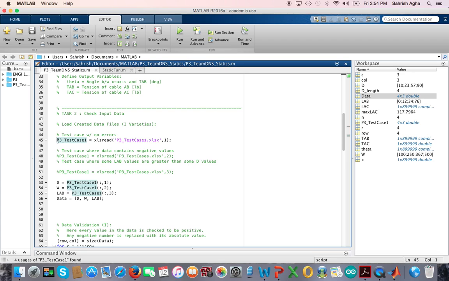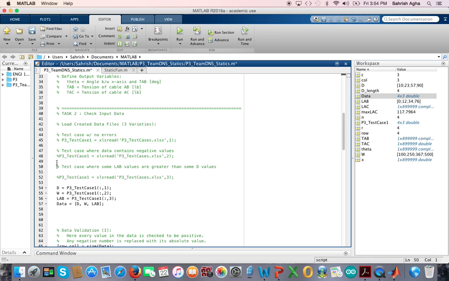I'm going to comment that out. This next data set is what we're going to test for if there are any negative values, because that's going to be one of our checks. So if we have a data set with negative values, and what I'm going to do to show and prove to you that we have negative values in our data set is just comment this out and just run this